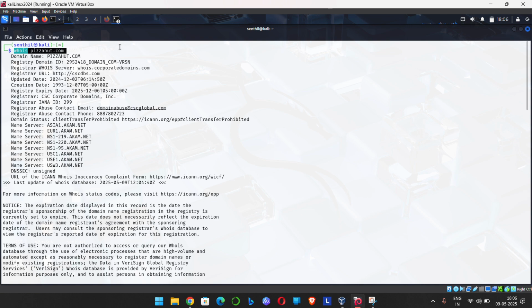Opening the command prompt, to gather information, type this command: whois and pizzahut.com, which is an example website name. It will provide information of the domain name like Pizza Hut, registrar domain ID, some ID names, registrar WHOIS server, registrar URL, update date, creation date, registrar expiry date, registrar CSC corporate domain, like that. Some information will be displayed,